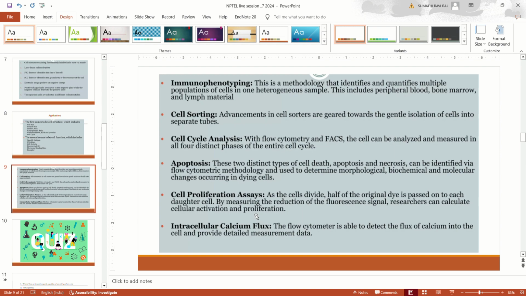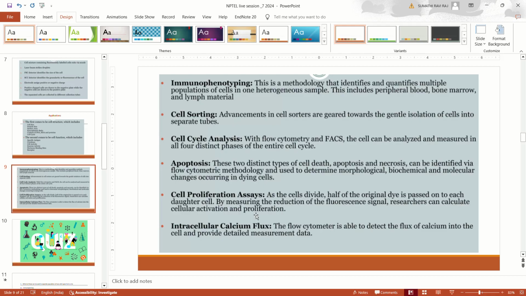That is your prophase, metaphase, anaphase and telophase. Then apoptosis. These are two distinct types of cell death, apoptosis and necrosis. One is apoptosis, one is necrosis. Both can be identified via flow cytometric methodology and used to determine morphological, biochemical and molecular changes